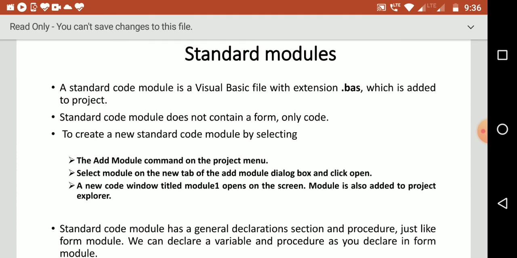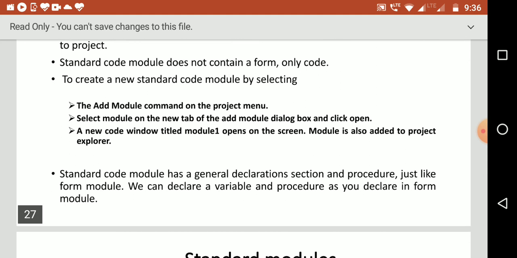A standard code module is a VB file with the extension .bas which is added to the project. A standard code module does not contain a form, it contains only the code. To create a new standard code module, select the Add Module command on the Project menu. Select Module on the New tab of the Add Module dialog box and click Open.